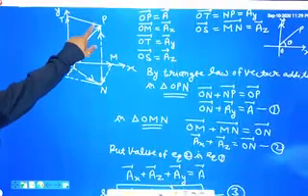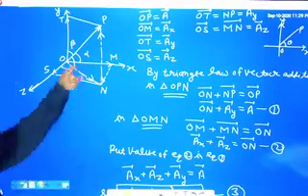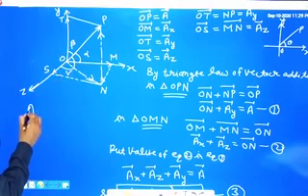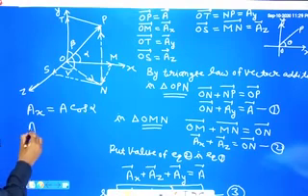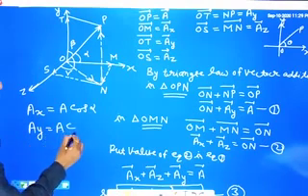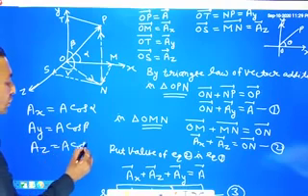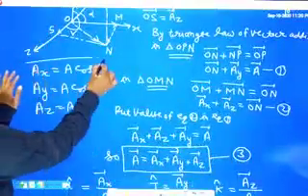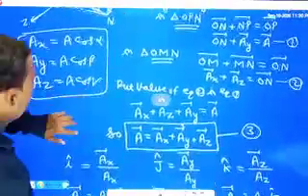Now here we see that the angles made by this line OP, the 3D vector OP, with the x axis, y axis, and z axis are alpha, beta, and gamma. So we can write that the x component Ax equals A cos alpha, Ay equals A cos beta, and Az equals A cos gamma. Now if we square and add these three equations,